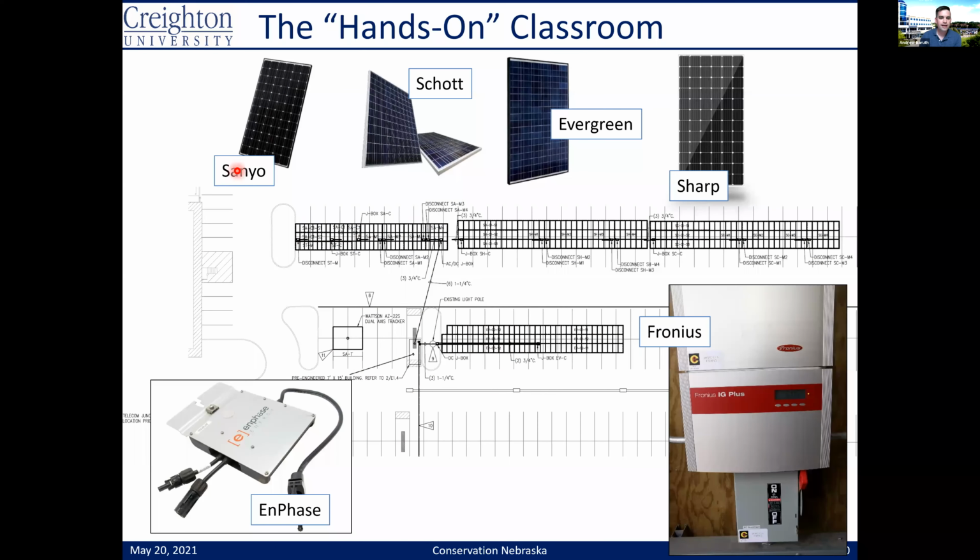So for the fixed array, again, I mentioned this earlier, we tried to use 4 different technologies for collection. So we have panels, and these were the panels that were really popular at the time. Now, it turns out some of these companies have gone by the wayside. Of course, some you might recognize. So we have panels from Sanyo, they're hanging out here. We have panels from Schott, which are hanging out over here. Here, I think. Sharp, which are hanging out here, and Evergreen, which are hanging out over here. And so we have these 4, again, kind of separate arrays all made up into one.